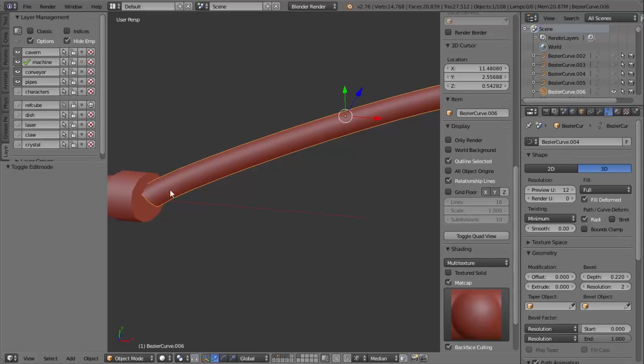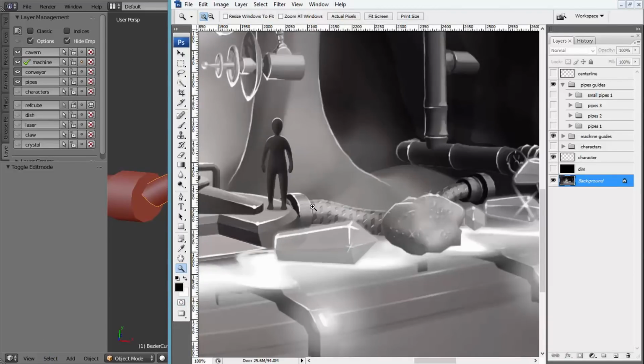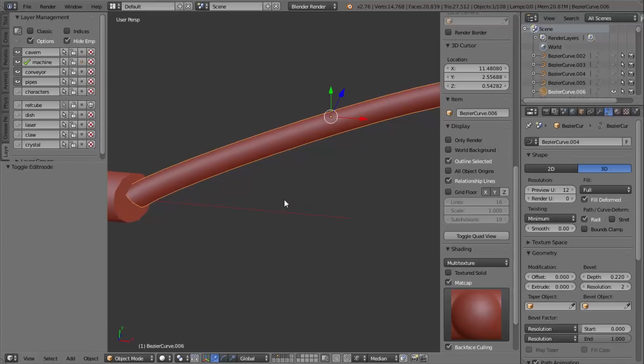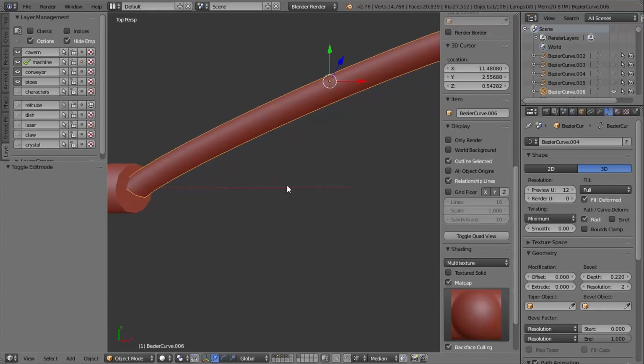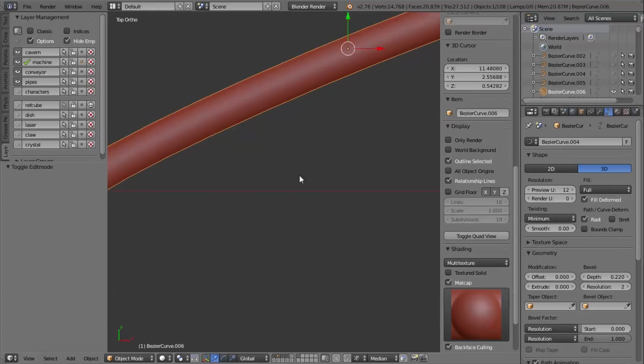So now I want to give this cable some nicer shape. I'm just going to quickly look back at the concept. There is kind of a bend in the cable here, so I want to represent that. So first of all, I'm going to do this in my top view. I'm going to press 7 on my keypad and then 5 for ortho view, so I've got a nice clean